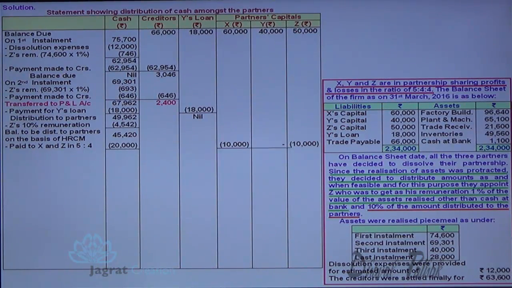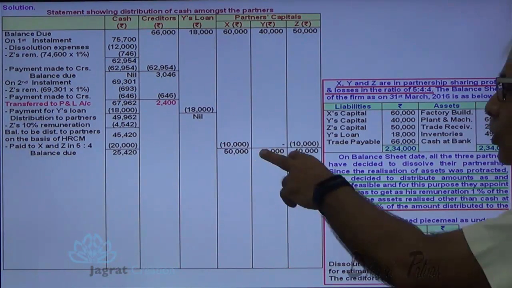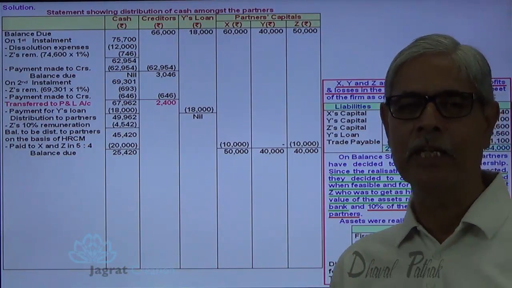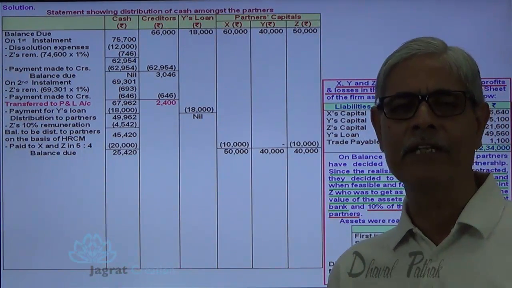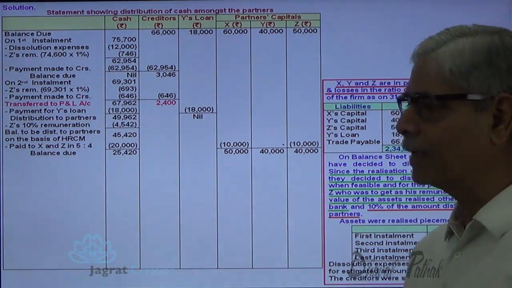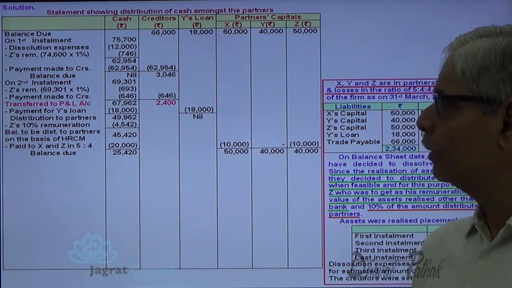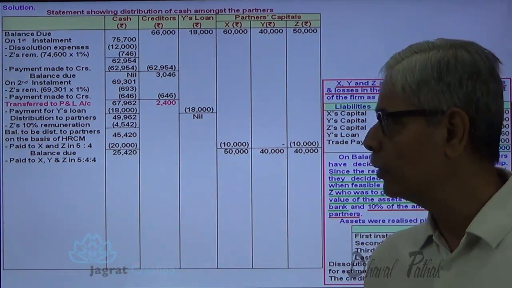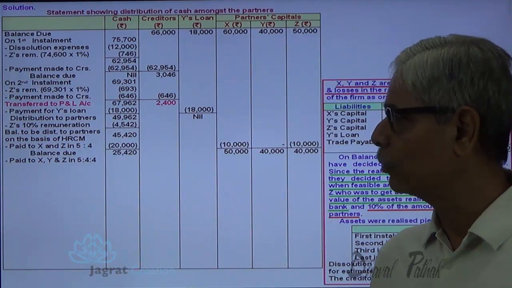Now their capital is in the profit sharing ratio. 5:4:4 is the ratio. Now their capital is also in the profit sharing ratio. So all further subsequent distribution will be made in the profit sharing ratio. So this 25,420 available will be distributed in the profit sharing ratio 5:4:4. So if you distribute 25,420 into 5 by